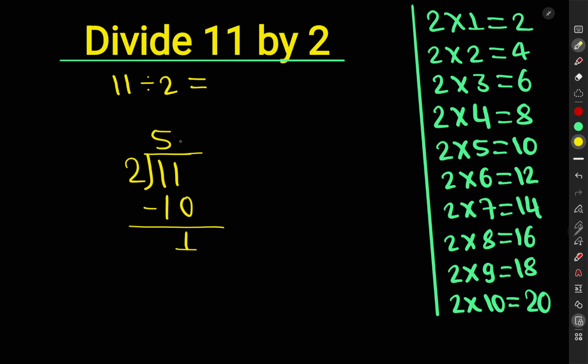So when we put a decimal here, we get a 0. Now 10 is exactly divisible by 2, giving 5. So 2 times 5 means 10. On subtracting, we get 0. So 11 divided by 2 we get